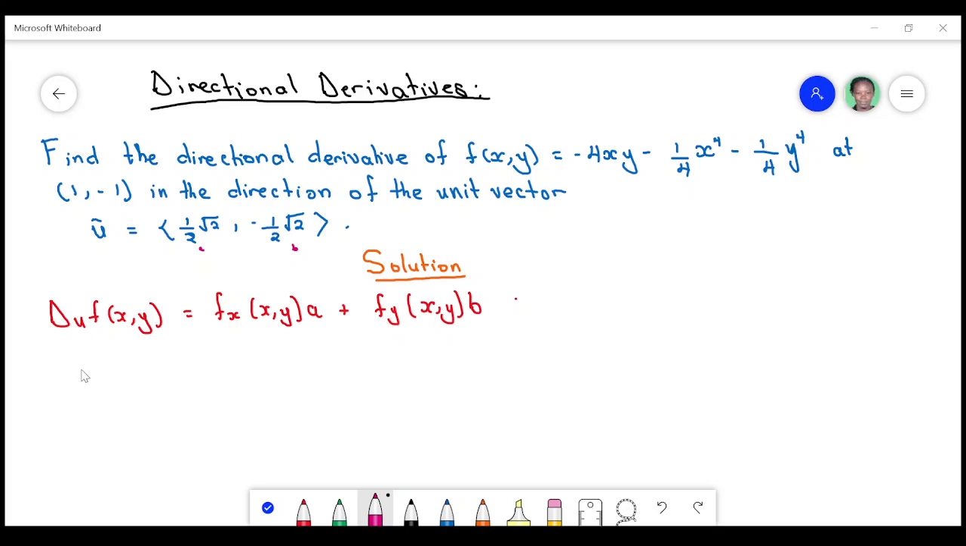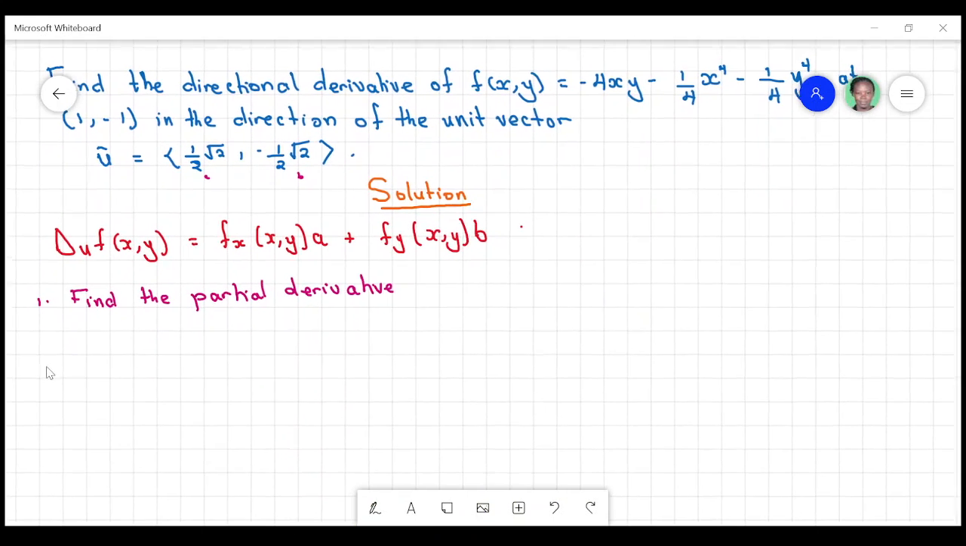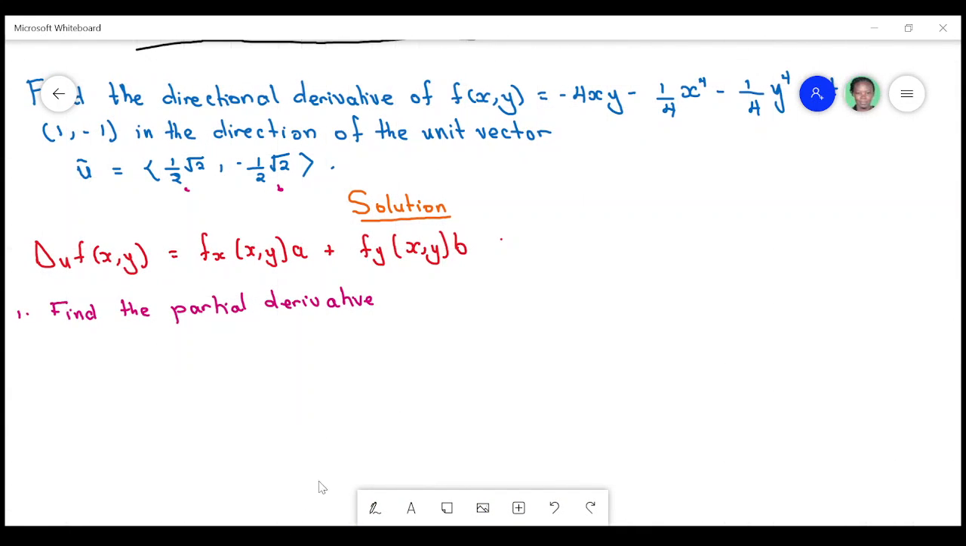So the first thing to do, one, you find the partial derivatives. So let's do that. We have our function, which is this. So we find a partial derivative with respect to x,